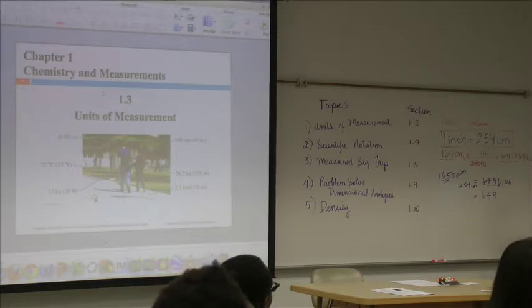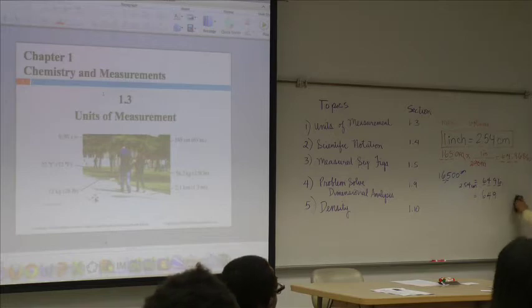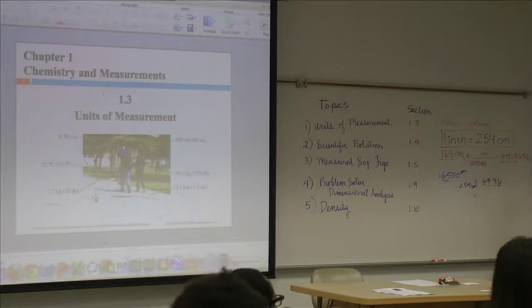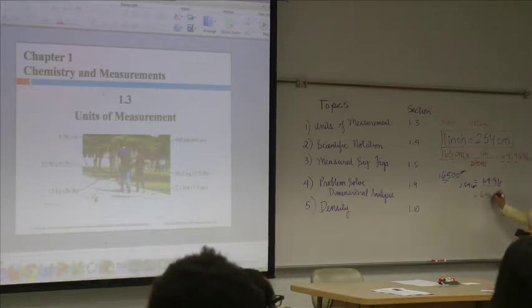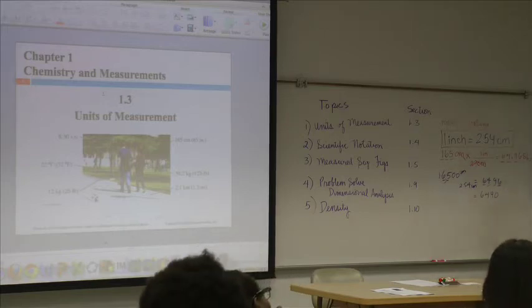So what would it be? No, the 16,500, they're all significant because of the 0. There's no period. No, it's an imaginary period. I'm just saying that this is what the calculator gives, right? But we have to report our data in three significant figures. Right? So 6, 4, 9, 0. Right? Got it? Yeah.